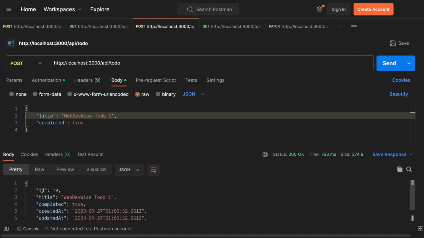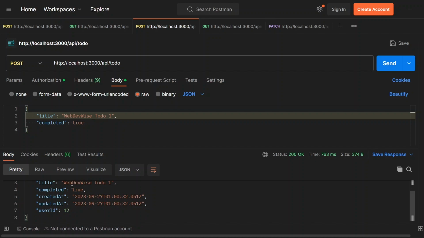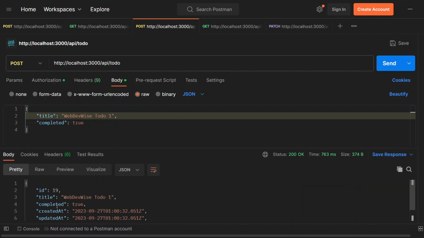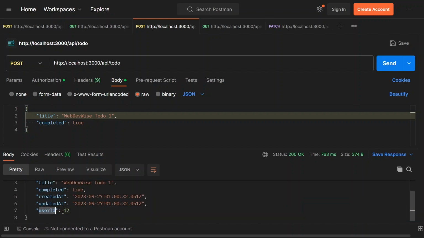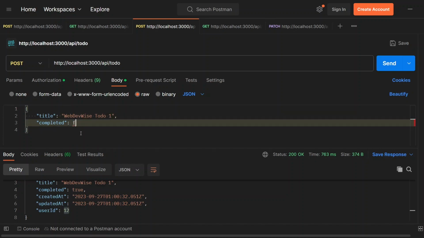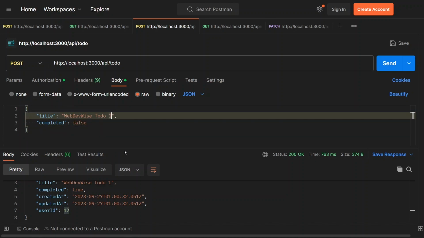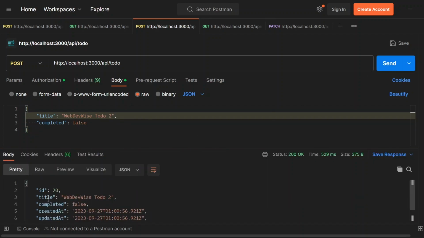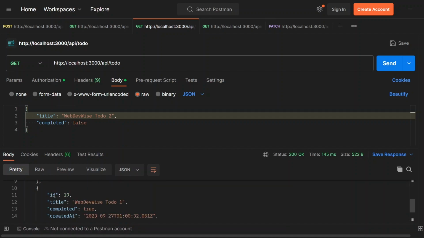The ID for this new to-do is 19. The title is webdev todo 1, completed, updated, and it is attached to the user ID 12. From the token, we are getting all the user related details. Let's try to create one more, and then hit send. A new to-do will get created in the system. When we go and run this method as get, we'll get all the to-dos which we have created against this